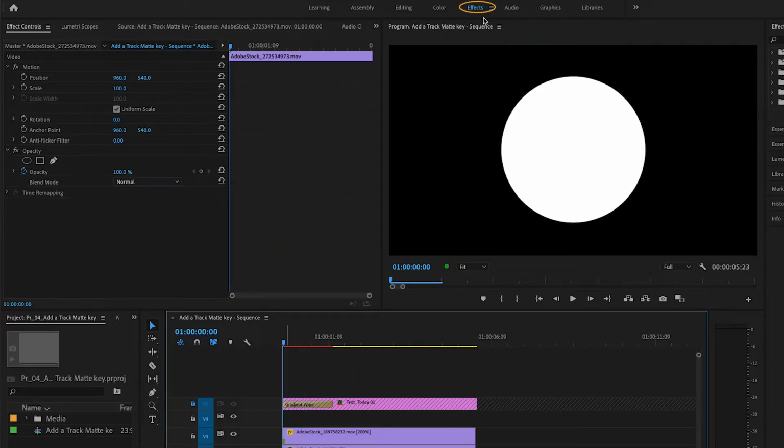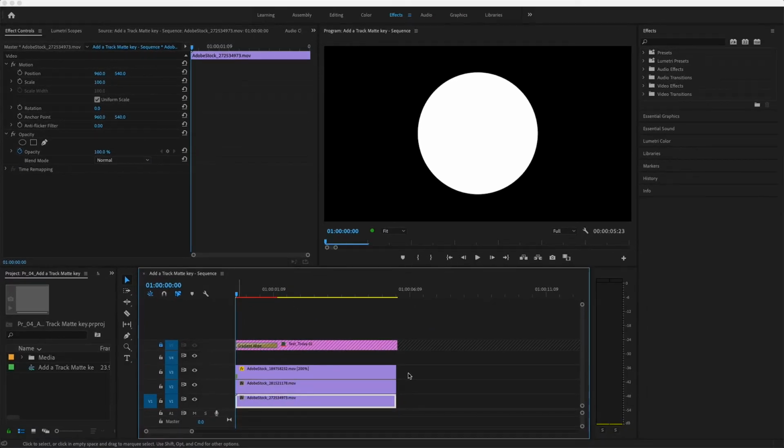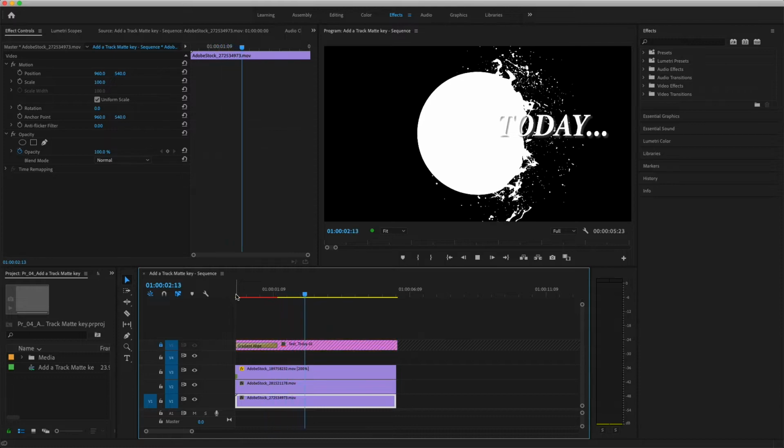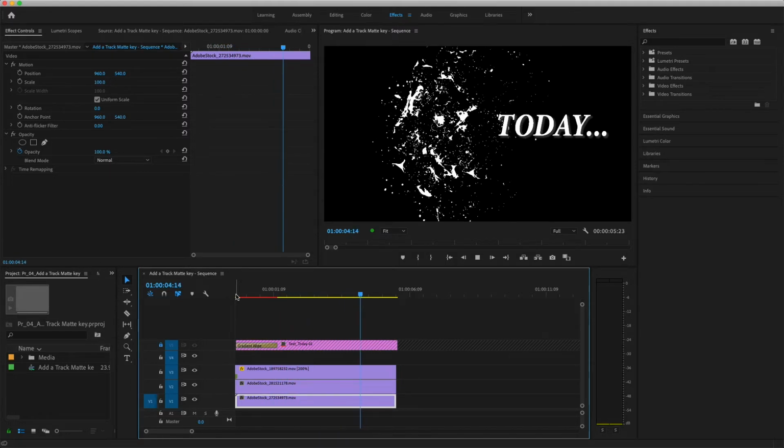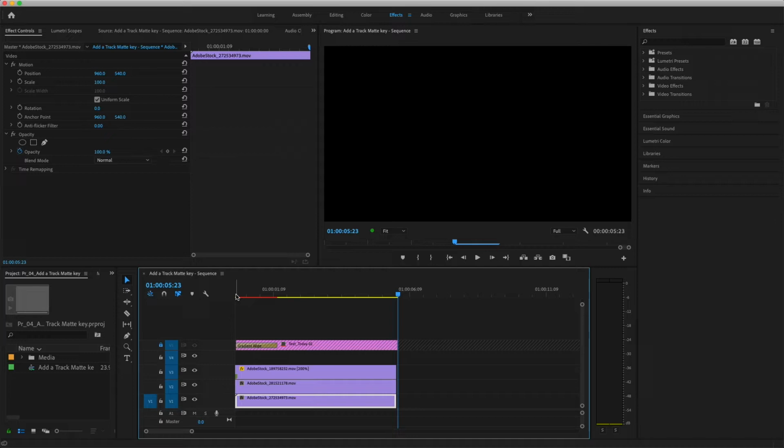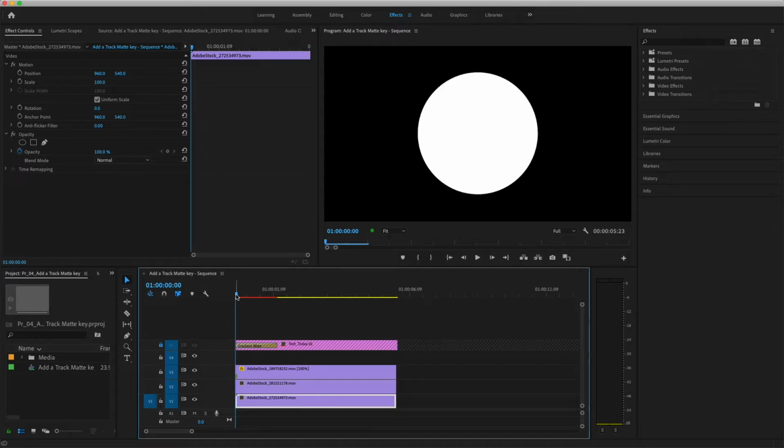I'm using the Effects workspace. I'm working on an opening title sequence, and in the timeline you can see my sequence is set up for compositing, with clips trimmed and stacked neatly on top of each other. Starting top down in the first stack, I've got a title on V5. This title is not needed for the Track Matte Key I'm about to create, but I want to design and